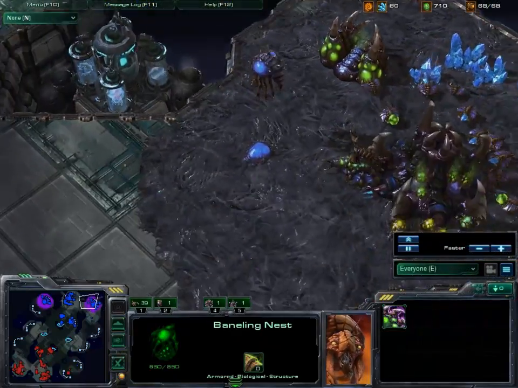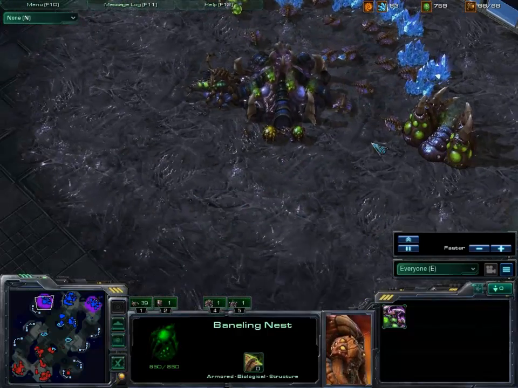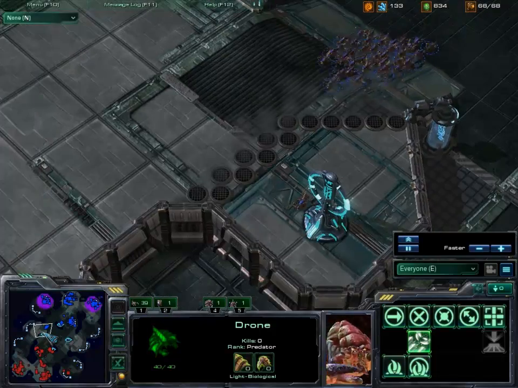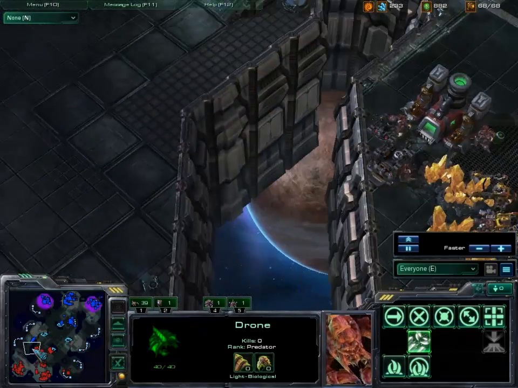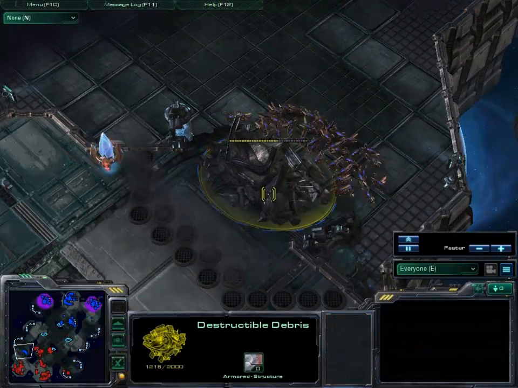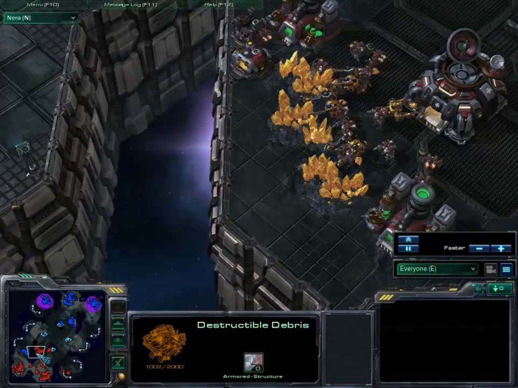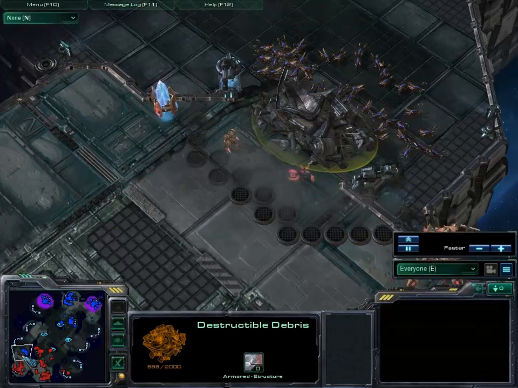Baneling nest and nothing else. So, oh, maybe here. No. Just banelings, Zerglings and banelings. So yeah, the Zerglings are really good early game, and obviously the banelings are really good at breaking into a base. And yeah, I think now the debris is going to go down, and he's going to stream into the base, and hopefully for our red team they will actually notice that in time, send some units back in, and